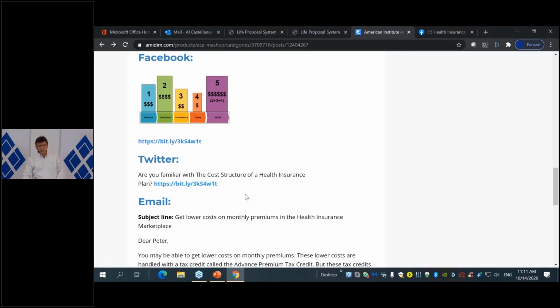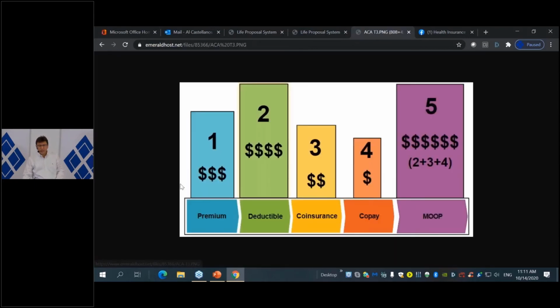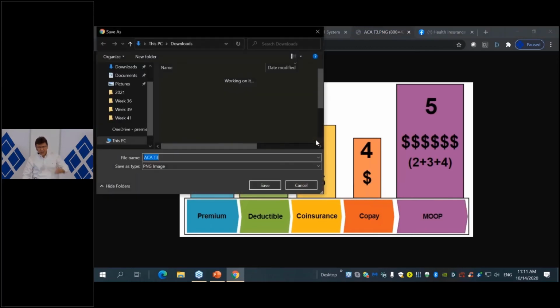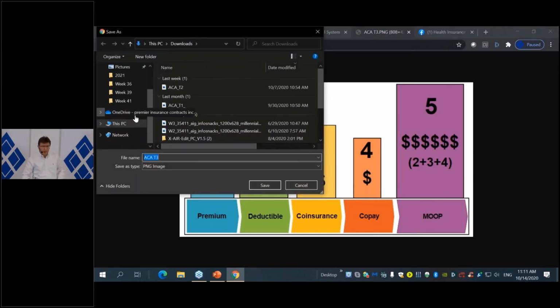So one of the things that I want you to do is click on the bit.ly shortener, and again, it takes you to this image, and I want you to take this image and save it into your computer. So I'm going to right-click on it, and I'm going to save image as, and I have these files. I strongly recommend that you